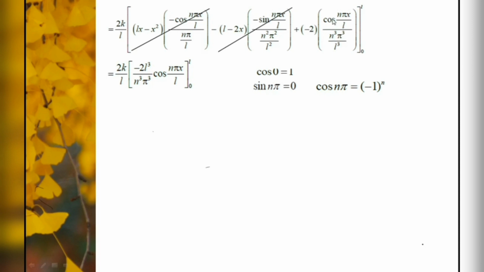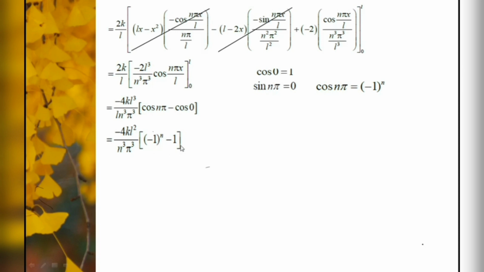So, for the upper as well as the lower limit, the first two terms are 0. And so, let us take the last term alone, and for that we are substituting the limit 0 to L. So, for the upper limit, I will get cos n pi, and for the lower limit, we will get x is equal to 0. And this constant is minus 2. Here we have a n cube pi cube by L cube. So, L cube will go to the numerator. So, I will get minus of 4k L cube divided by L into n cube pi cube into cos n pi minus cos 0. Cos n pi value is minus 1 whole power n, and cos 0 value is 1. So, upper limit minus lower limit will give this one.